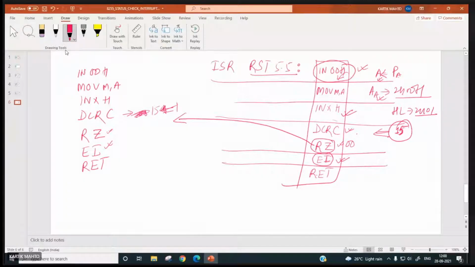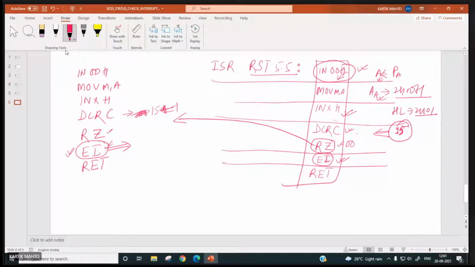Yes, sir. Why are we doing this? Why are we doing this EI at the end of this subroutine? If the count is not 0, it has to return if there is any input. So why are we doing EI over here? To enable the interrupt. Why do we want to enable the interrupt?